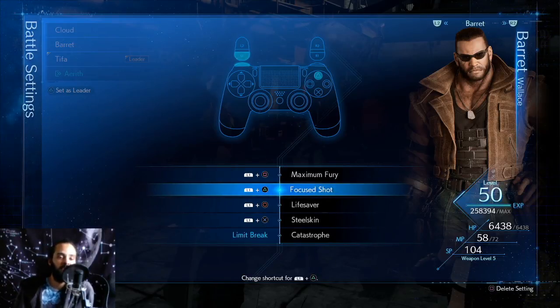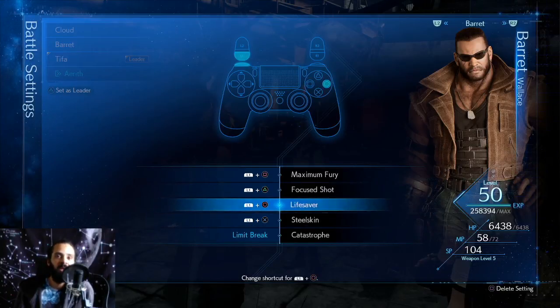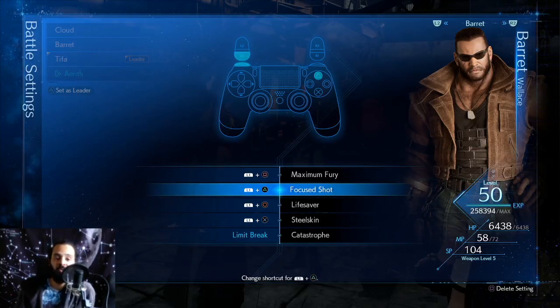Because Focus Shot does deal normal damage as well. So just keep using this. It's a great ability. It uses 2 ATBs, but it can also use 1. So try to use it when you have 1 so that you don't end up burning 2 on it. I think you might get extra damage if you use 2, but sometimes it's better to, if you've got